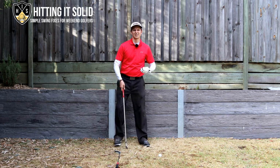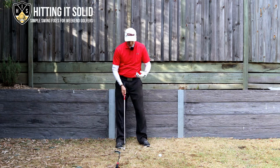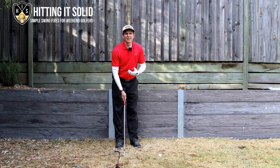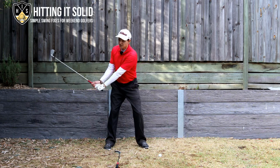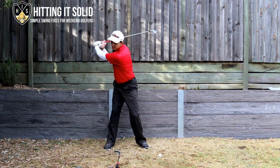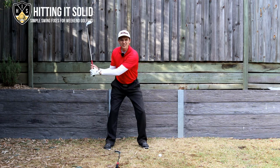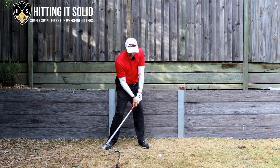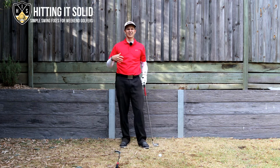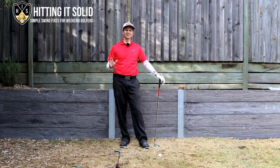Now that's the other part of the hips I want to talk about and how they work in the golf swing, is making sure that you get the rotation. It's really important as we're turning those hips open. It allows us to get that rotation. Same with the downswing. We get that separation there of the hips, then we rotate. Really important, it enables us to get that rotation as well, so we can really get into that great position